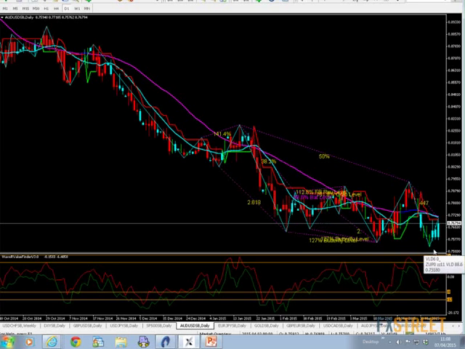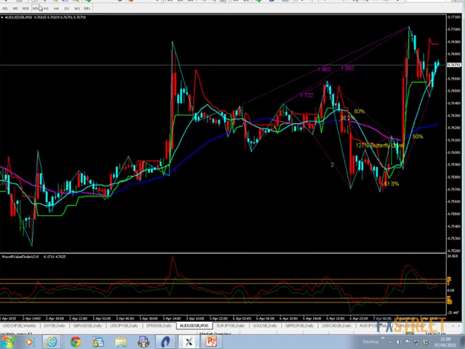Well, that news didn't actually follow through in the way that the market expected, and consequently, we get something of a bounce back. And that's exactly what we've got this morning. So coming back to this 30-minute chart, what we can see is that I've got a number of lines on here,